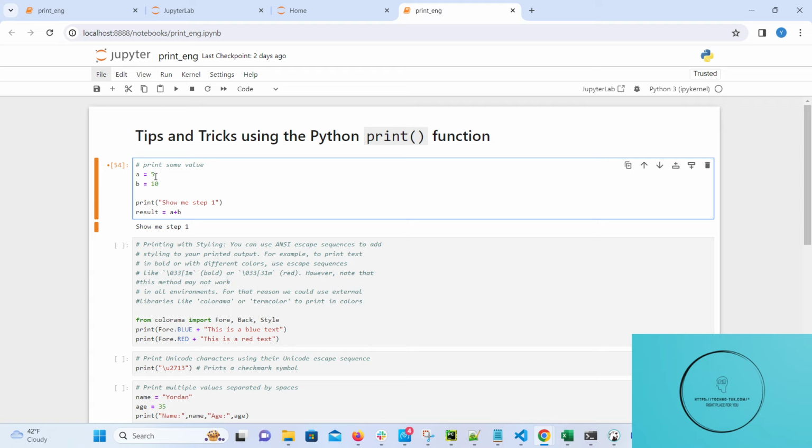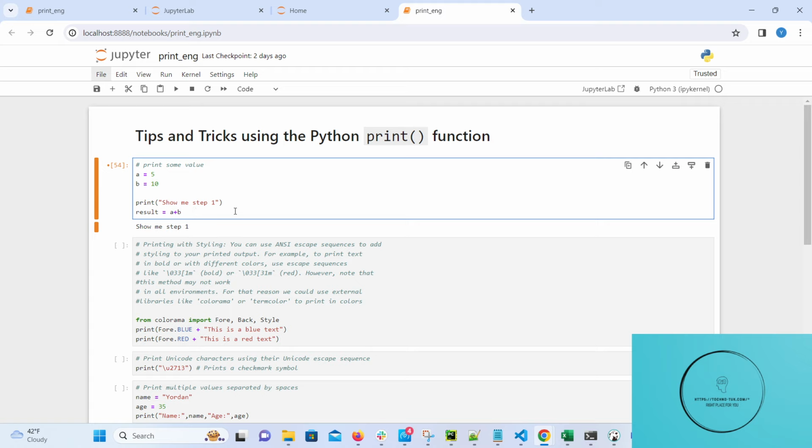We have two parameters. The first parameter name is a, the second parameter name is b. The value for the first parameter is 5, for the second it's 10, and the result 5 plus 10 is 15. That is the result parameter value.